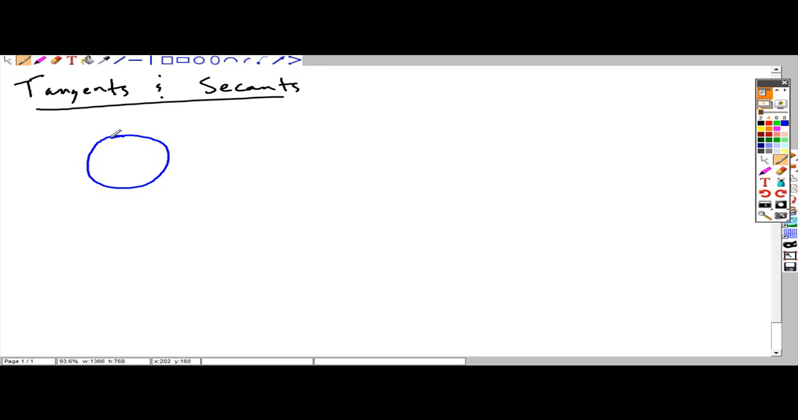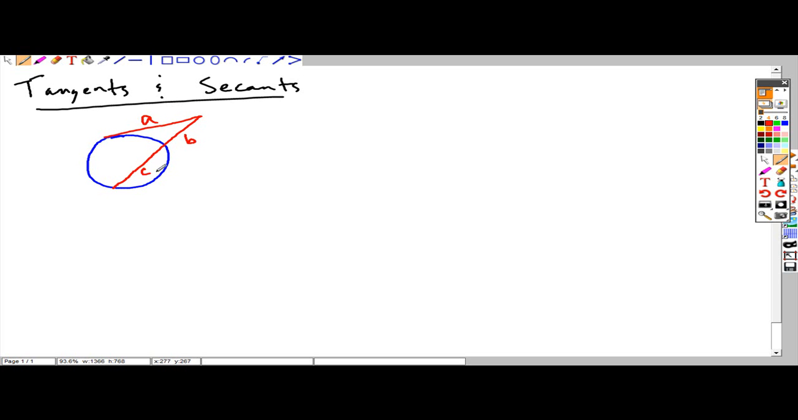So let's start with a tangent and secant intersecting a circle. So if you have a circle and the circle has a tangent segment and a secant segment passing through, the relationship that exists, let's call the tangent segment A, the external portion of our secant B, and the internal portion